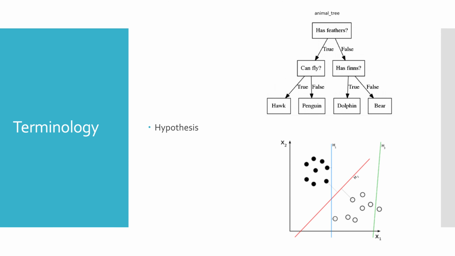Some important terminology includes the word hypothesis. Instead of thinking about algorithms and models as a single classifier, we can think about it as a set of hypotheses that can be generated. A decision tree using binary features has a finite set of hypotheses, or trees, that can be built. It may be large, but it's finite. However, for a linear classifier, the set of hypotheses is infinite. You can draw an infinite number of lines, no matter how many features there are.